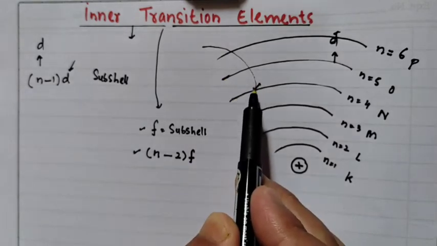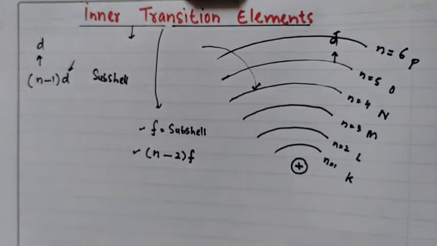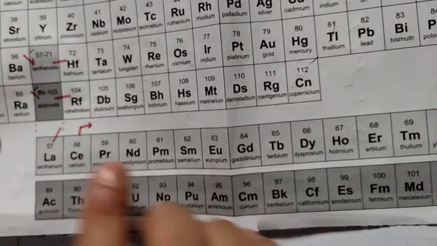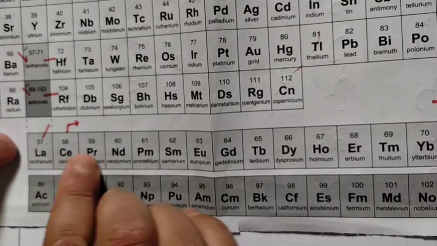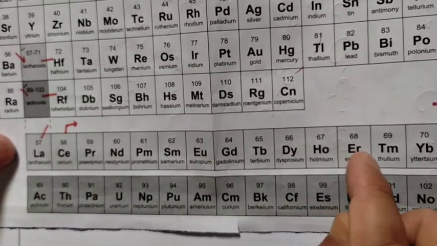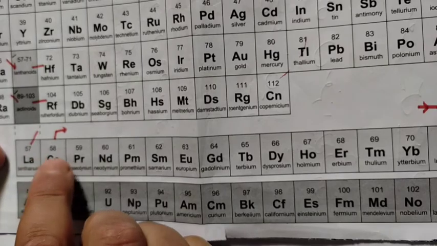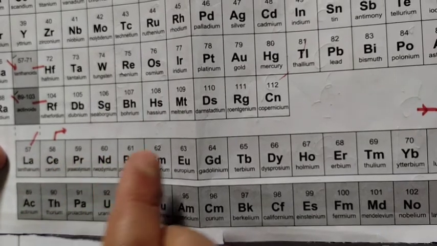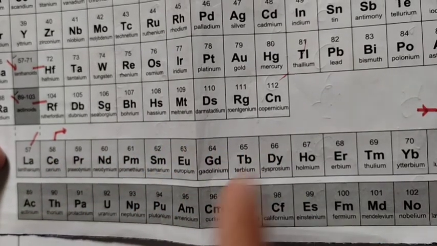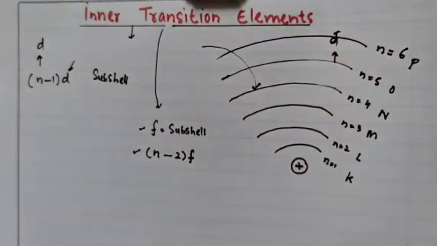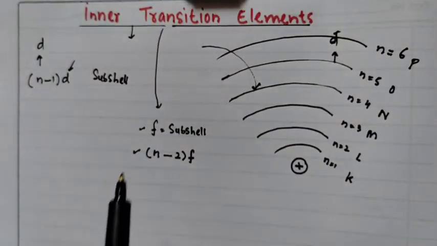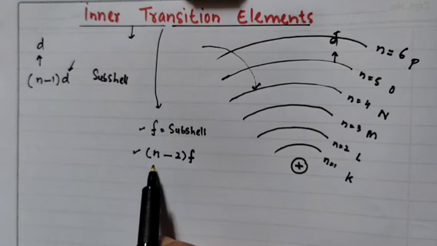तो electron हम यहां फिल करते हैं. That means when we move from, being the periodic table back, so when you move from your cerium towards this direction, that is your right direction up to lutetium, electron जो है it will add up at each step in the (n-2)f. Same is the case in the actinium. ठीक है,